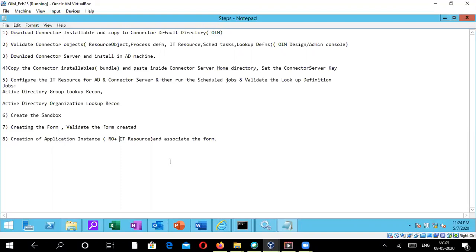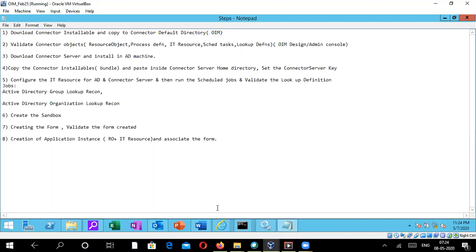But starting with 11gR2, Oracle released this concept of application instance, where one need not know the resource object and the IT resource separately. It is all done via the application instance. So that's the quick information about what an application instance is.